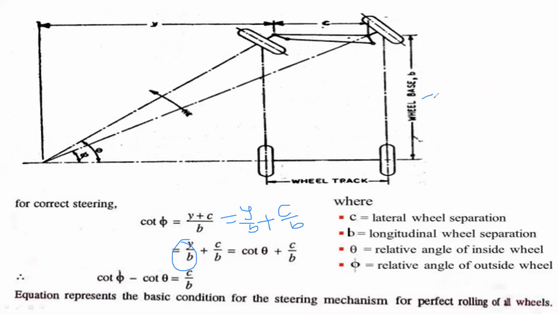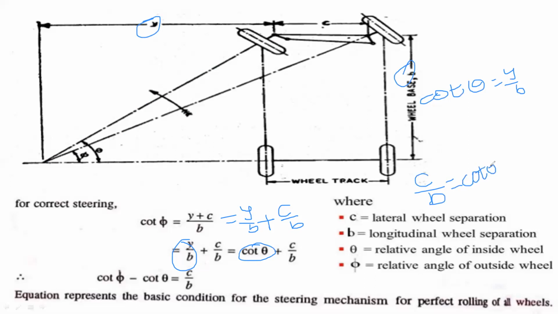It is the distance y and the distance b. I can get cot theta is equal to y by b, so I can replace y by b with cot theta, plus c by b. Then c by b is equal to cot phi,